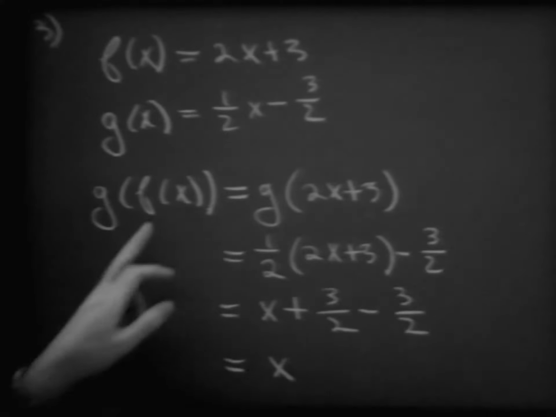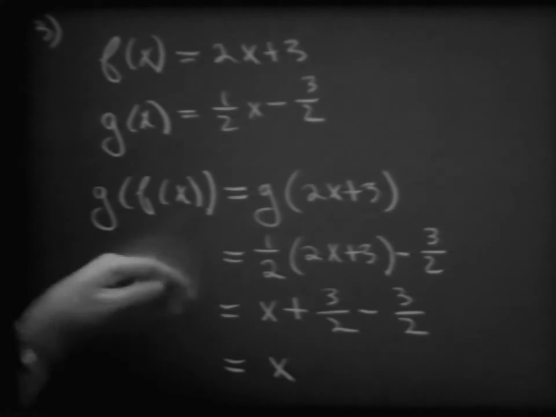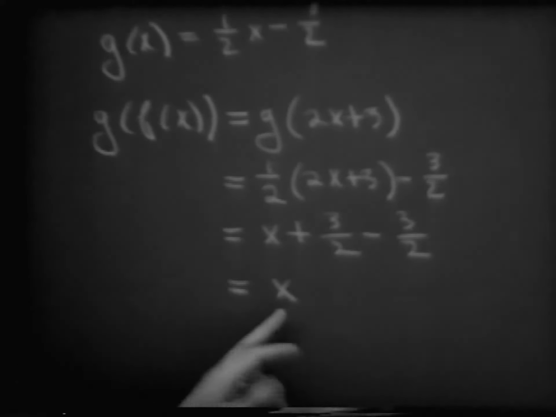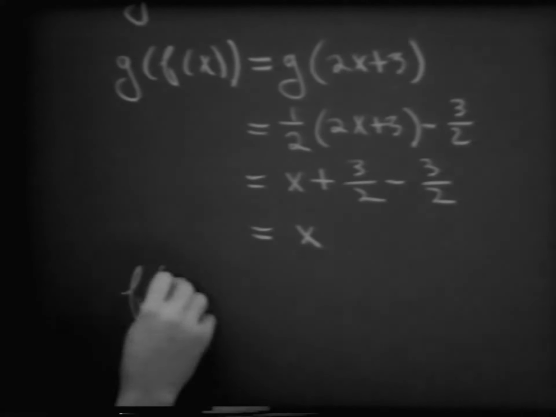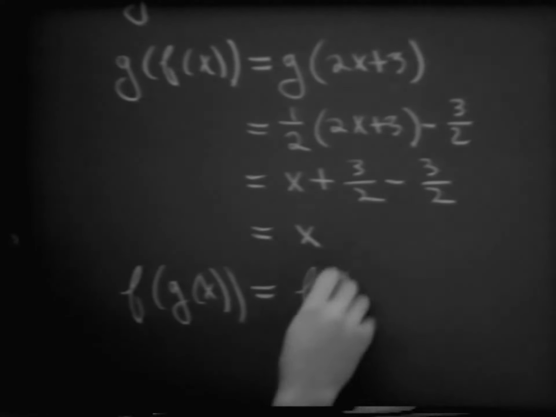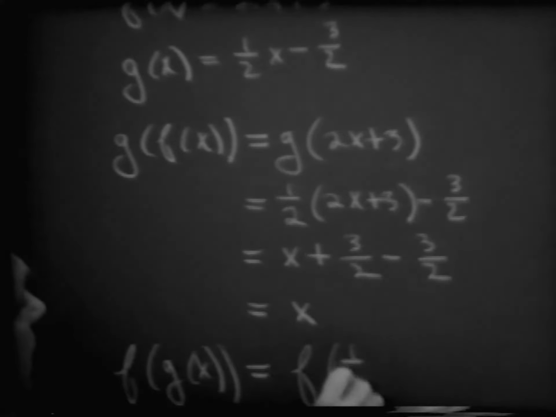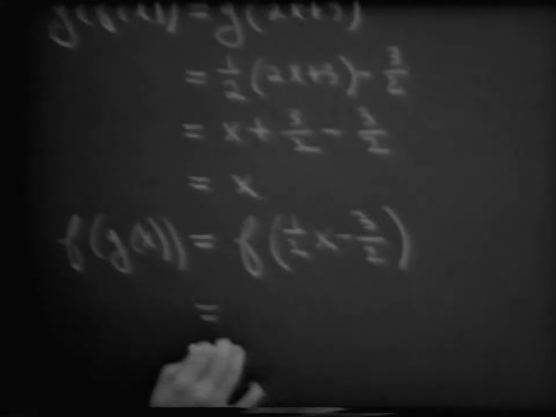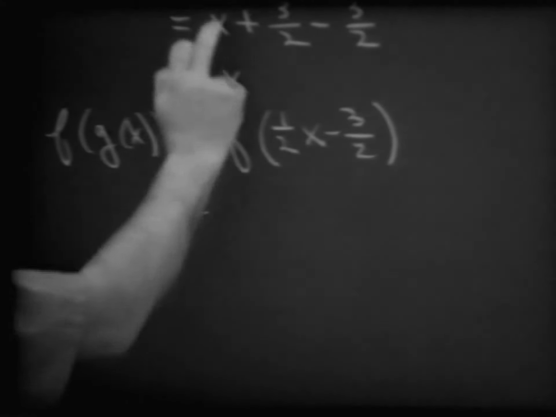Now notice the number that we put into the original f function was x, and by this composition of functions, we ended up with indeed the same number x. Now let's reverse the process and look at f of g of x, all right, and see what happens. And here we have f of, now the g function is 1/2 x minus 3/2, so it's f of 1/2 x minus 3/2 is equal to, all right, now let's think again of f of star,